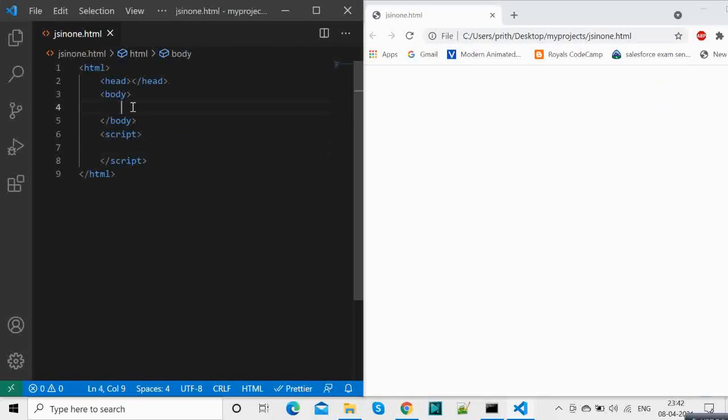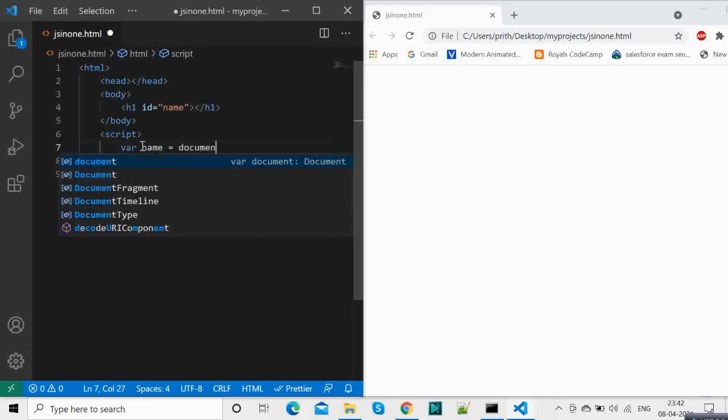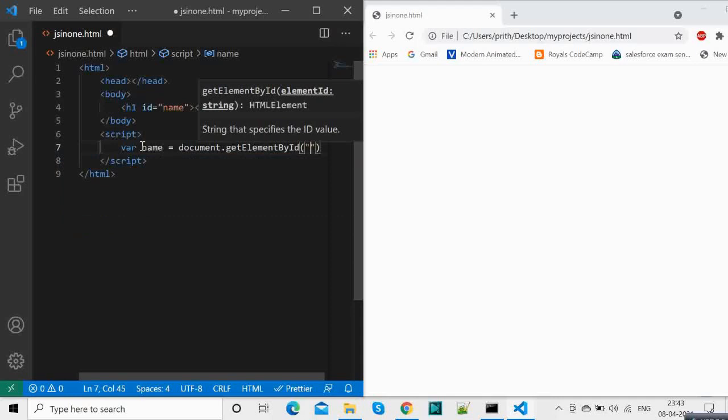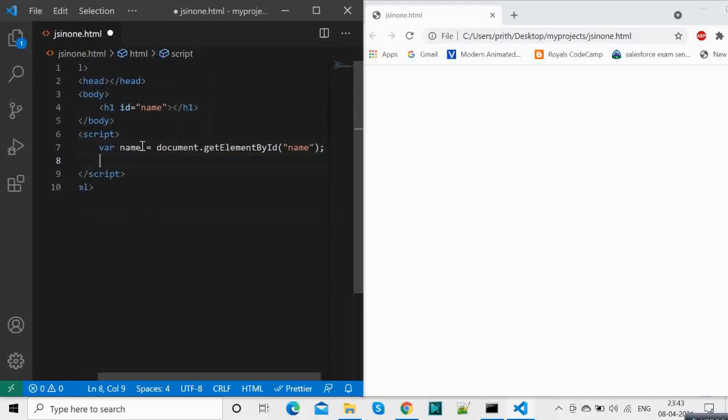So first of all, let's have a header with an ID of, let's say, name. First of all we will need to grab that. So how will we do that? Name equals document dot getElementById and name. What this will do is grab that ID of name, and you can add value over there. So we'll do name dot innerHTML equals